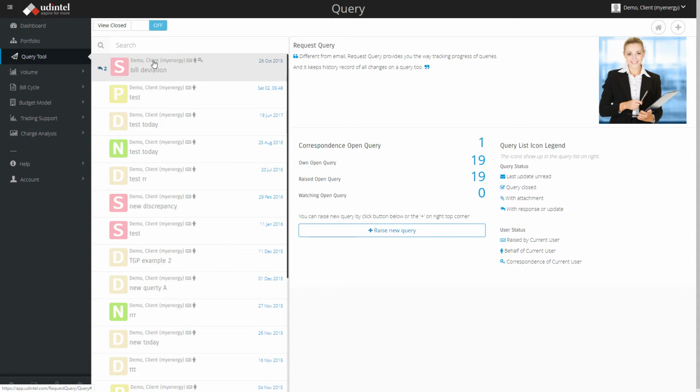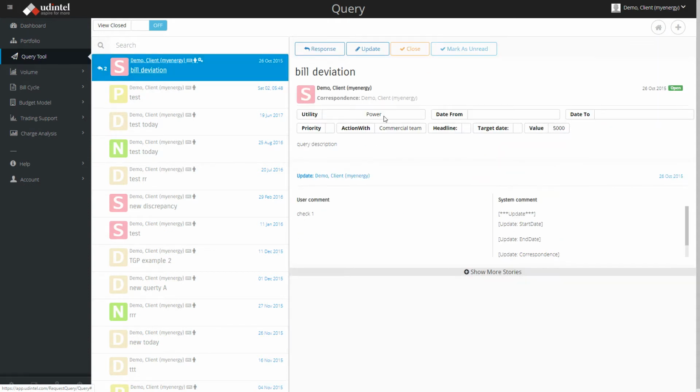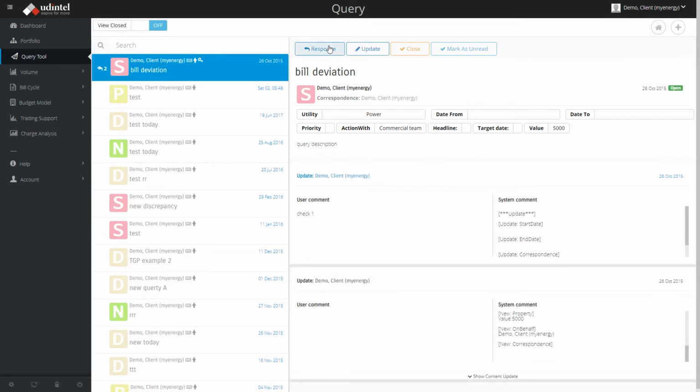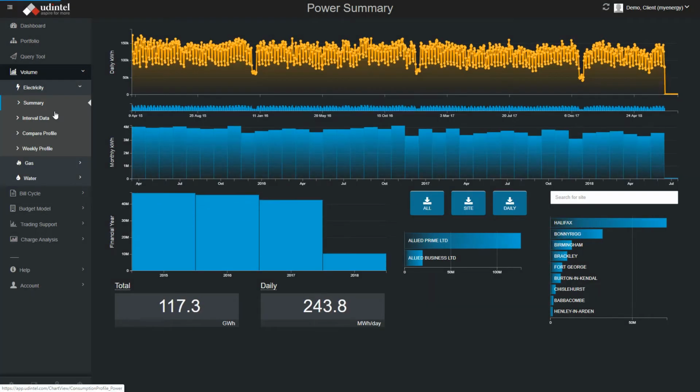Within the query, you are able to easily see the high-level query information, delve into the detailed query information, and are able to respond to the query, update an existing query, close it, or mark it as unread again to highlight. Now let's start to go a little deeper into the Energy Hub and review the energy volume